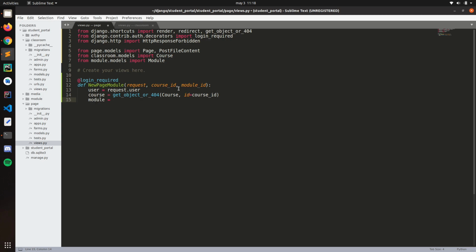Now let's get the module too. Same thing. Okay. Oops. Same thing, and then here module, and then here module ID. Okay, let's create an empty dictionary. Let's call files objects and empty there. So